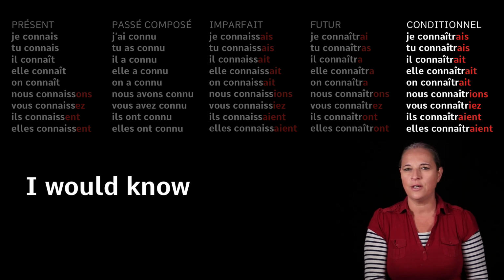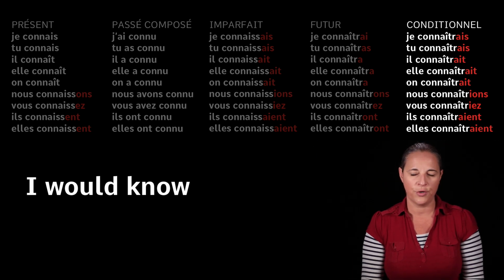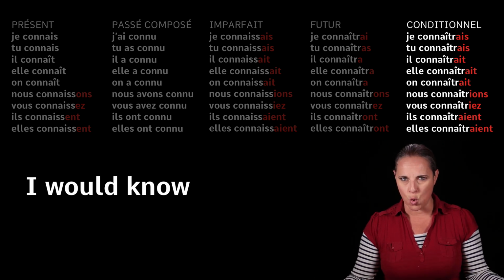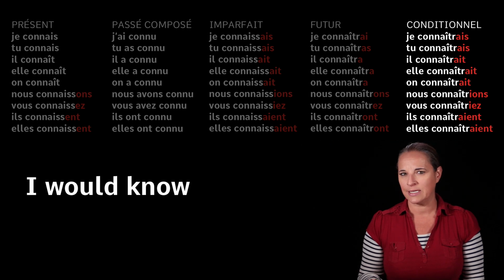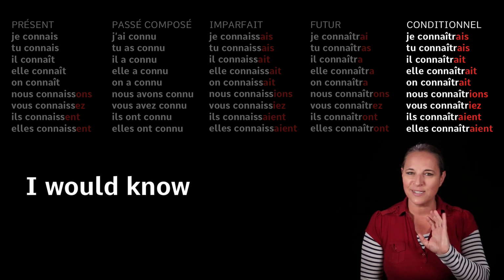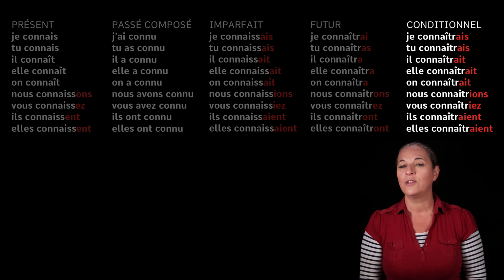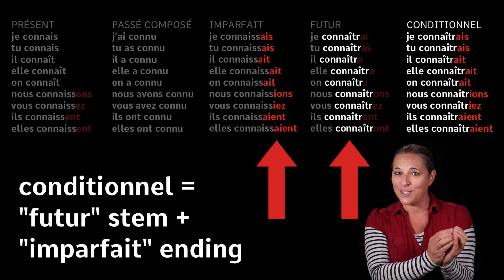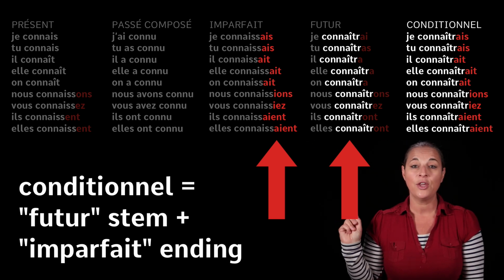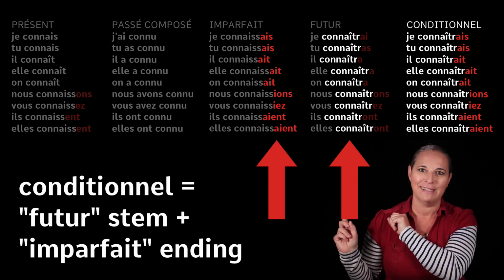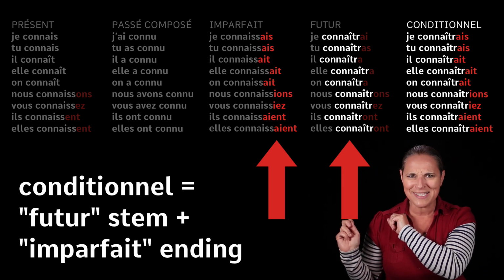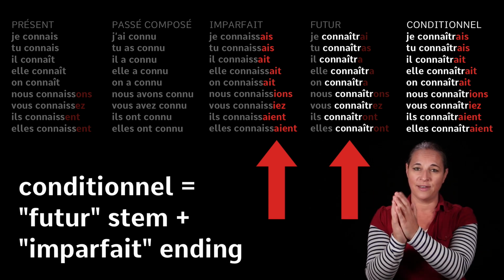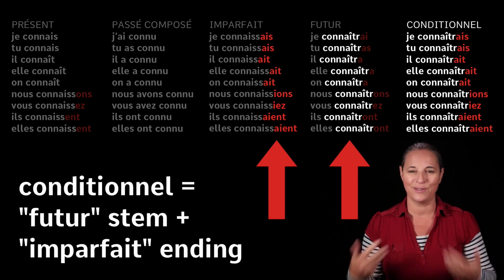So here we are going to learn how to say I would know. And remember what I've just said, that there is no will, would, should, could. No. Okay, so we have special endings. Now the way you form the conditional, and listen really carefully, is quite simple in some ways. You use the stem of the future tense, which in this case is connaître, and you add the endings of the imperfect tense. Can you see that? It's crazy. So, these endings of the imperfect tense with the stem of the future tense make the conditional.